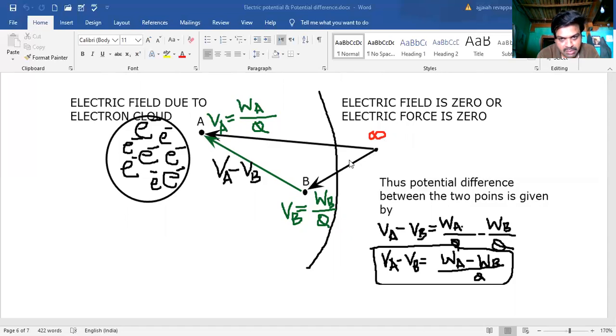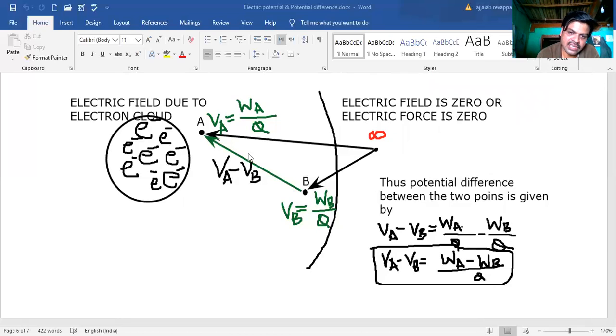So when the same charge I am moving to another point B from infinity, that is potential. I am defining electric potential at point B in the electric field. Because the distance is less. You know clearly that work done is directly proportional to displacement. If displacement is less, work done is less. So VB, potential at B, is equal to work done to move the charge from infinity to B, WB, by the unit charge Q. So it is less because the distance is less.